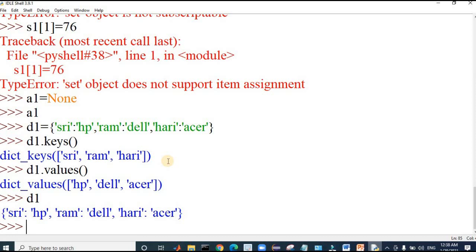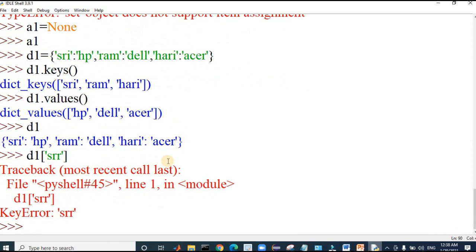What if I would like to fetch a specific value, that is, a specific key, say for Sri or Ram? This is also possible. I can use d1 of, say, Sri. This is giving an error because I have typed it wrong. d1 of Sri.